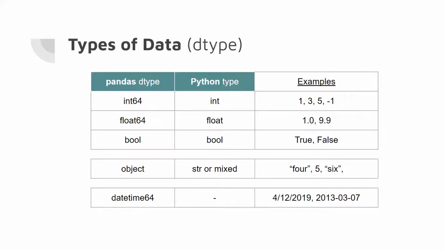Okay, so first I want to talk about data types. What types of data Pandas expects in their tables? This is also abbreviated by the word dtype. So there's integer, float, bool, string, and etc. But as you can see, there are extra Pandas dtypes that aren't native to Python,